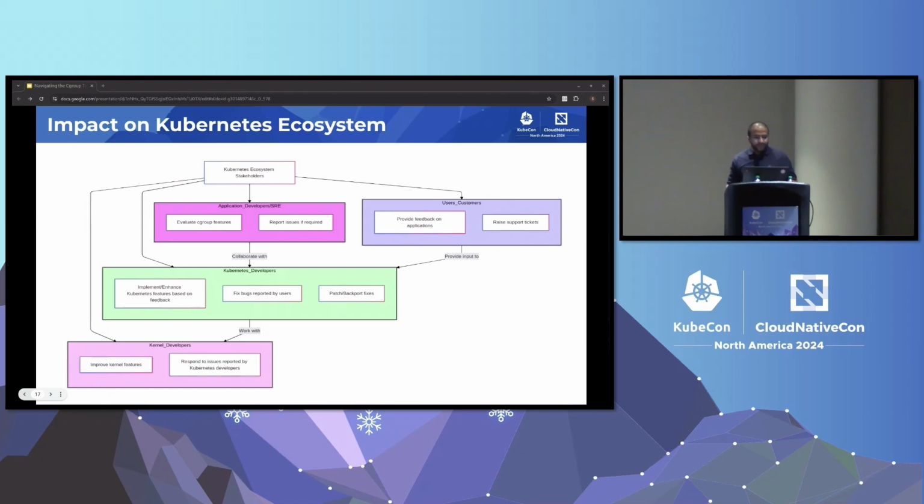I want to give you a summary of how it works when any feature goes into Kubernetes. The application developers or SREs try to test that feature. If something goes wrong, they collaborate with Kubernetes developers. End user customers also have feedback, and they go the same route. Kubernetes developers sync with kernel developers if they want to clarify any technical understanding regarding the kernel feature. So the core part of the entire workflow is the Kubernetes developers,